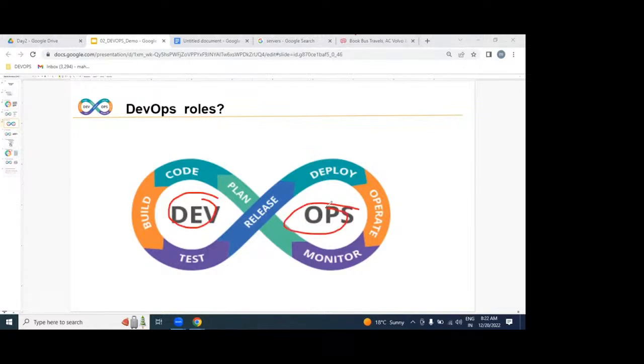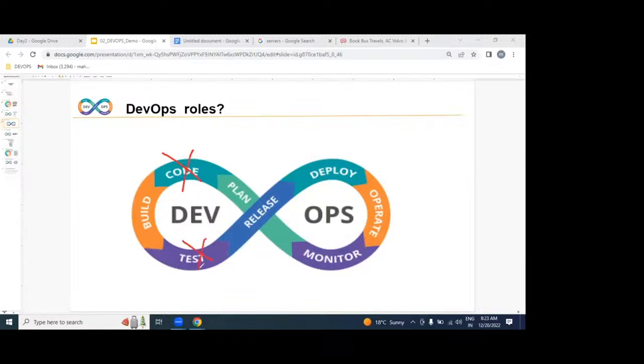Operations. That means we are part of coding, build, test, release, deploy, operation. So our roles and responsibilities run from coding to the production environment. Are we going to be writing any coding? Are we writing any test cases? No. We are not writing any coding.